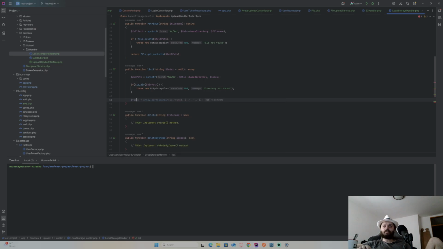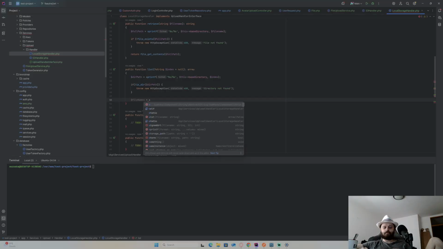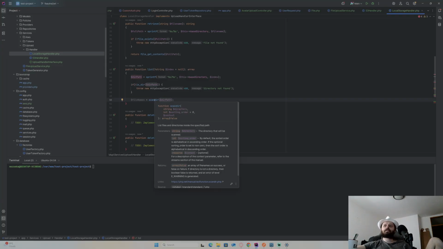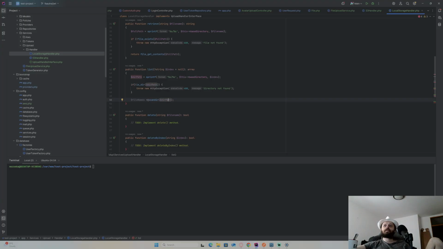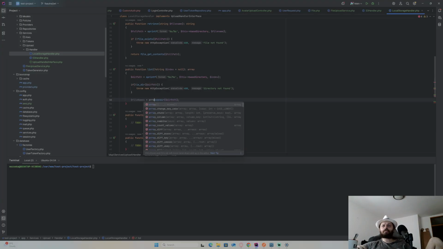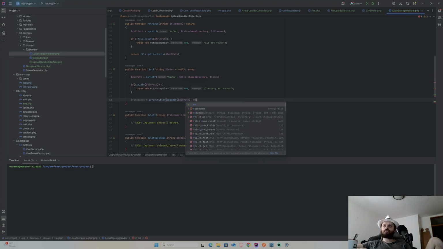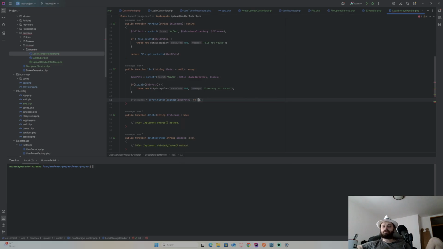So this is file names, and I think it's called scan directory, with the directory path. This is gonna return an array of files in that path, and I need to do an array filter here. This is gonna be the array, and I need to have a function. I'm gonna do it just now. This is gonna be file name,